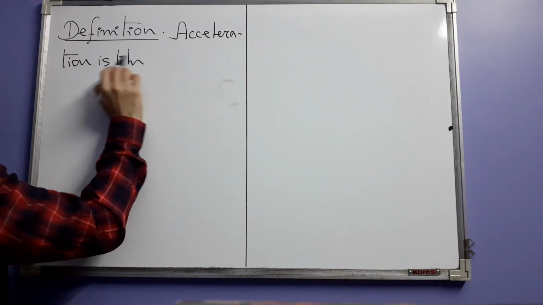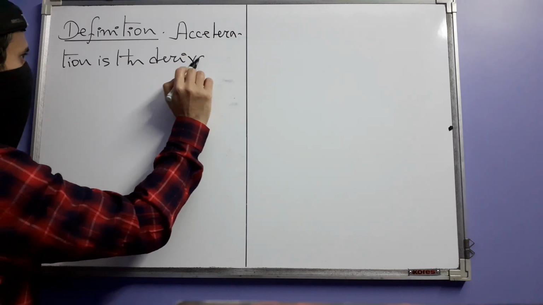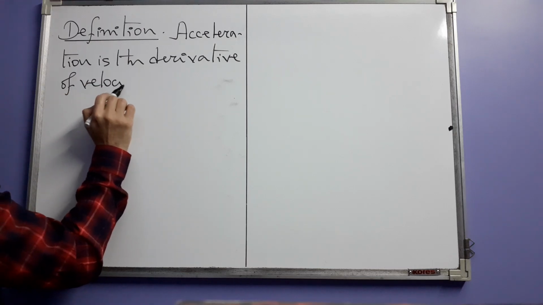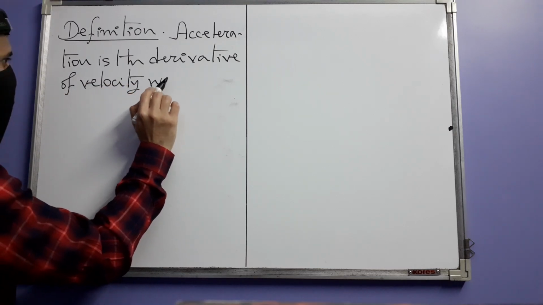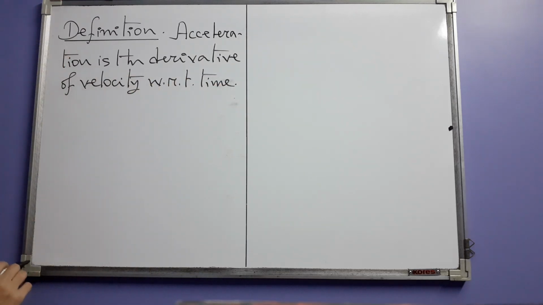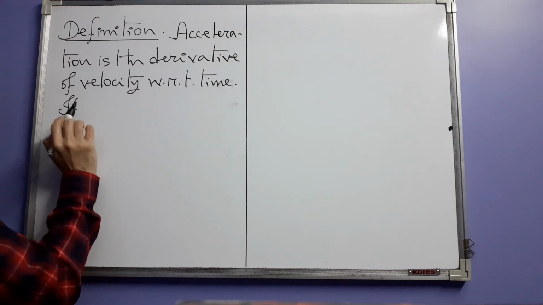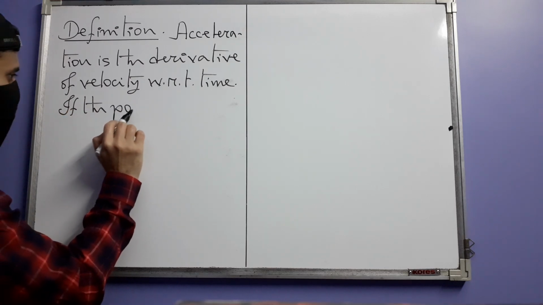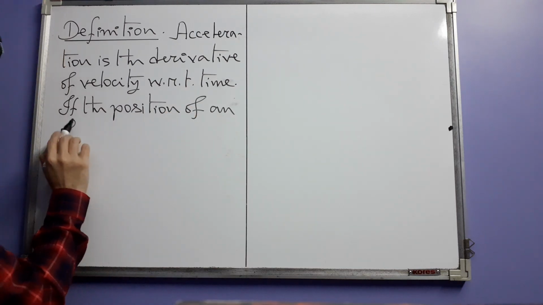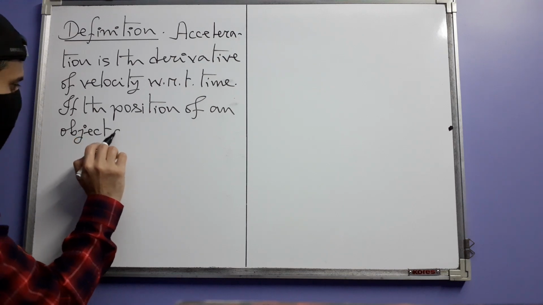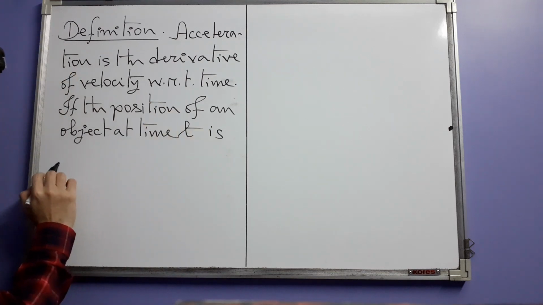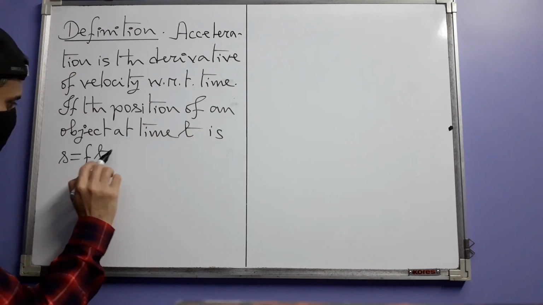acceleration is the derivative of velocity with respect to time. So, if the position of an object at time t is s and s is a function of t,